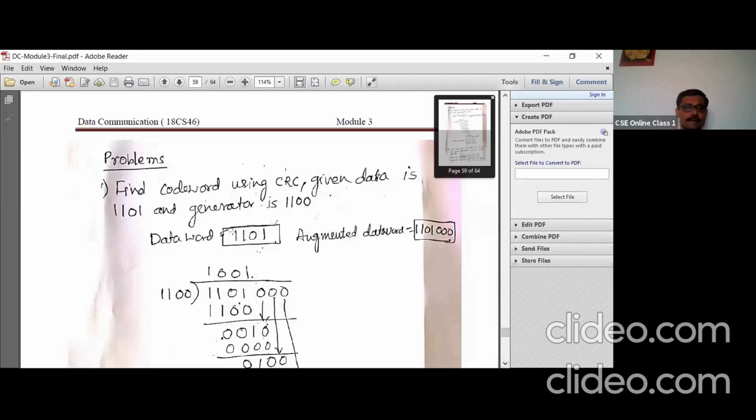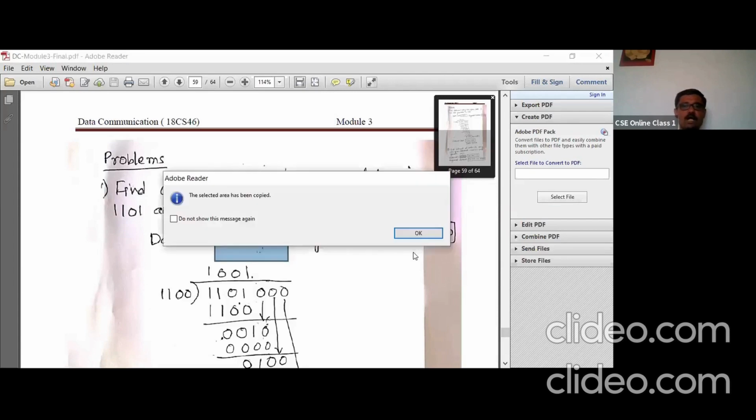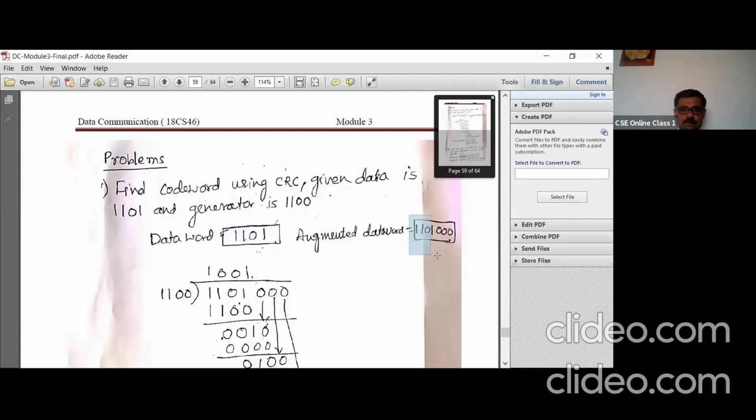Okay, now see that this is a given data word, 1101. The augmented data word is this: data word 1101 and three zeros are appended to this from the right. Why three zeros?